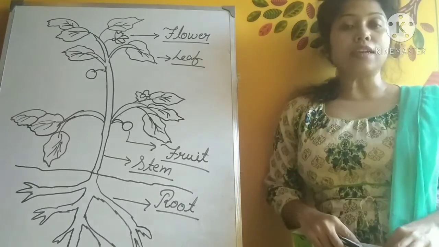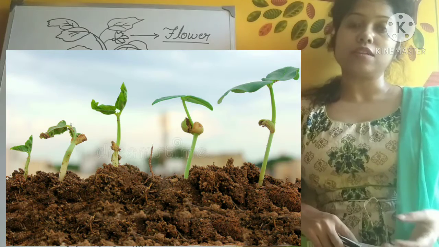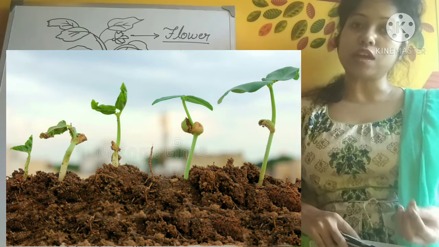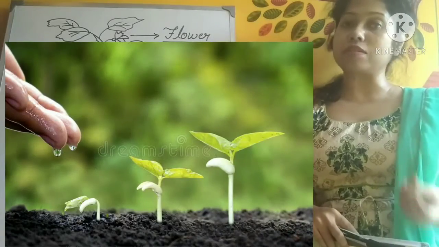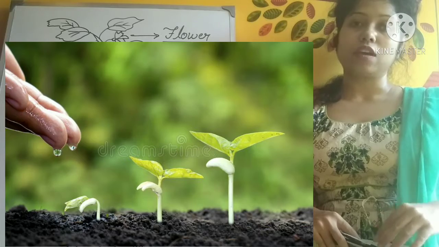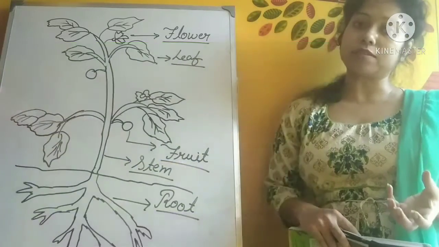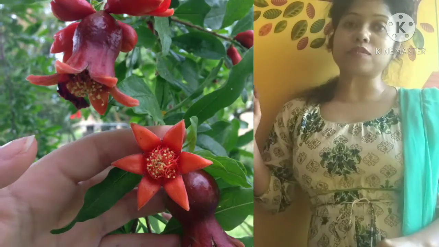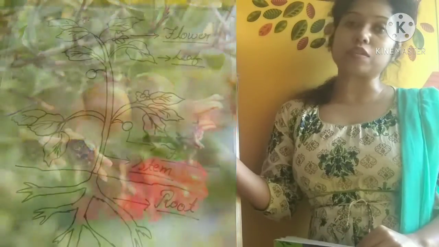Correct? Seed contain baby plant in them, which grows into a new plant in the presence of air, water and sunlight. Okay, so without the presence of all these 3 things, a plant cannot grow from a seed. Okay, so talking about the flower forms the fruit. Okay, and from there only we get to see this fruit.